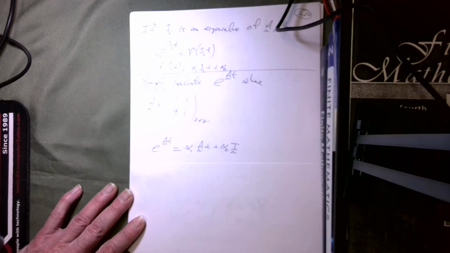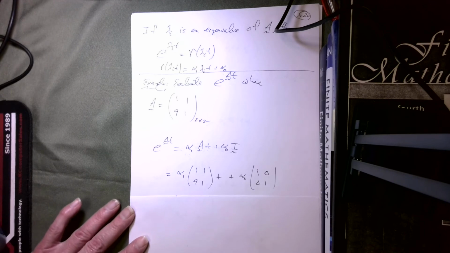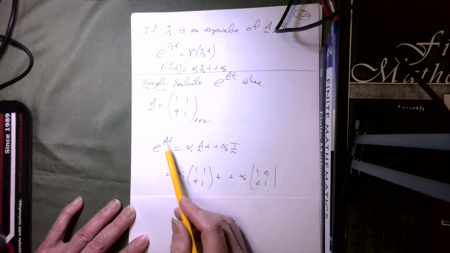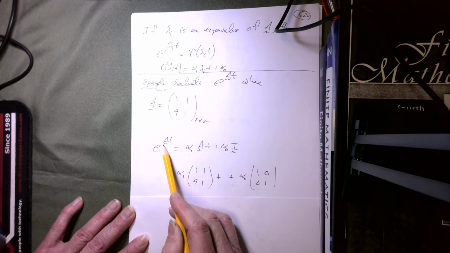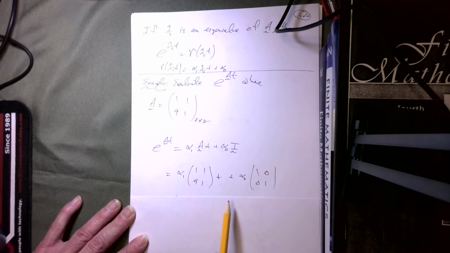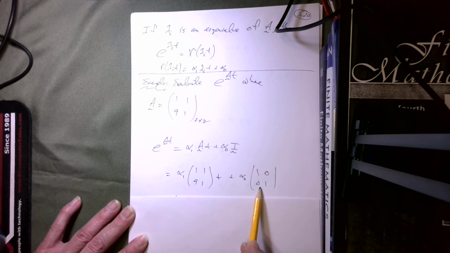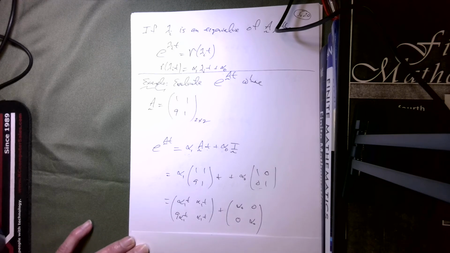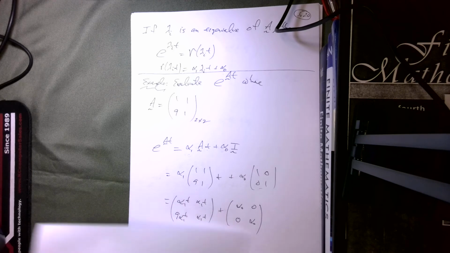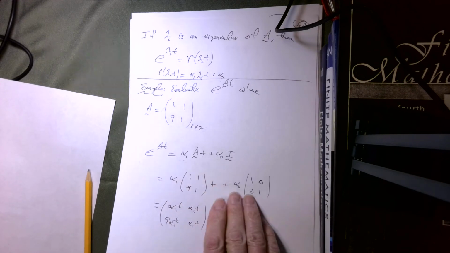What that means is I'm going to have two equations. So let's do the following. This e to the At can be written as this, so we're just going to expand out. I take my matrix, I take my identity. We don't know what alpha naught is or alpha 1. So just put them, expand out, and we end up with